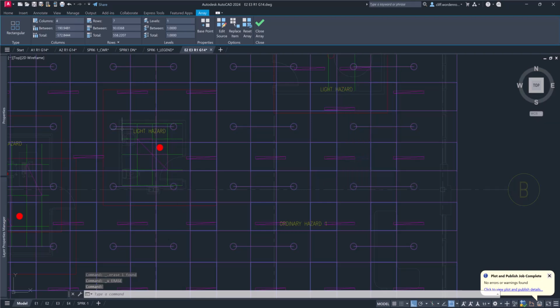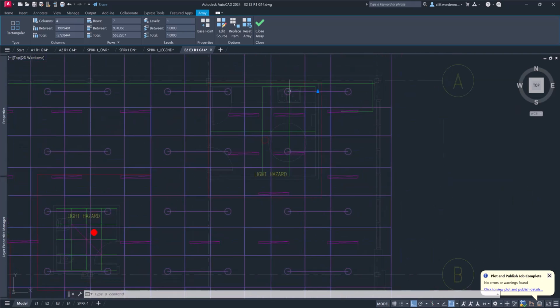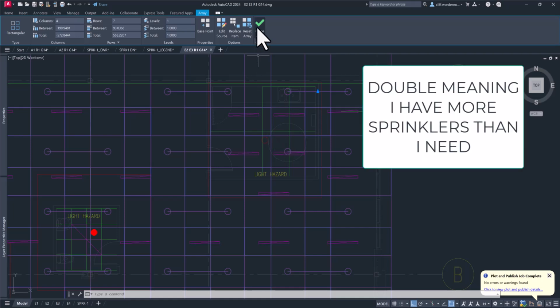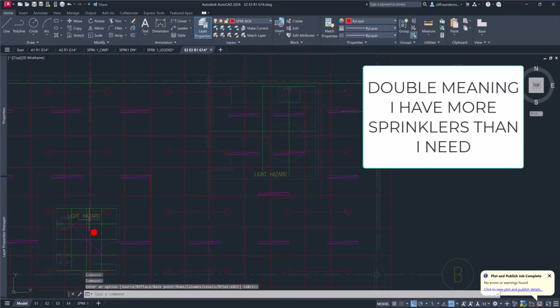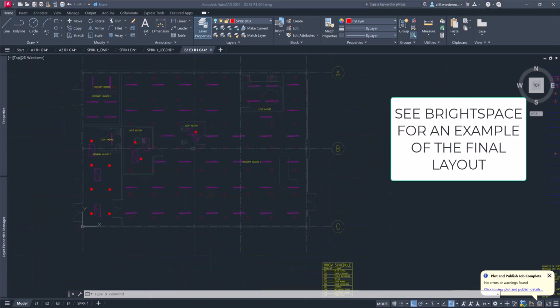So it looks like I have a double up. This one and this one I got a double up. This one I've got a bit of a double up. So I've ran